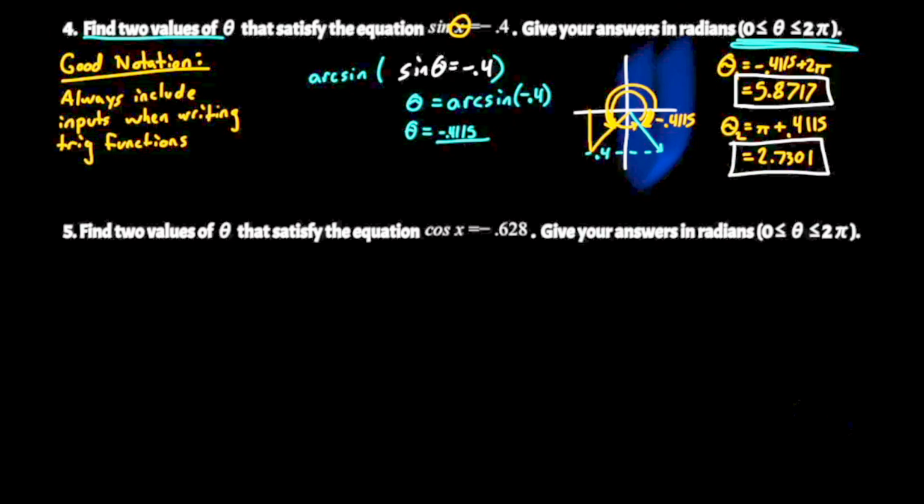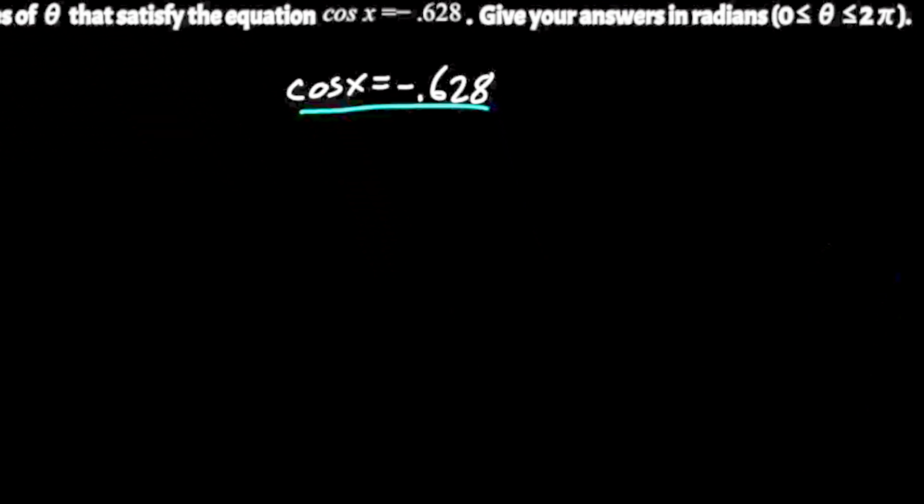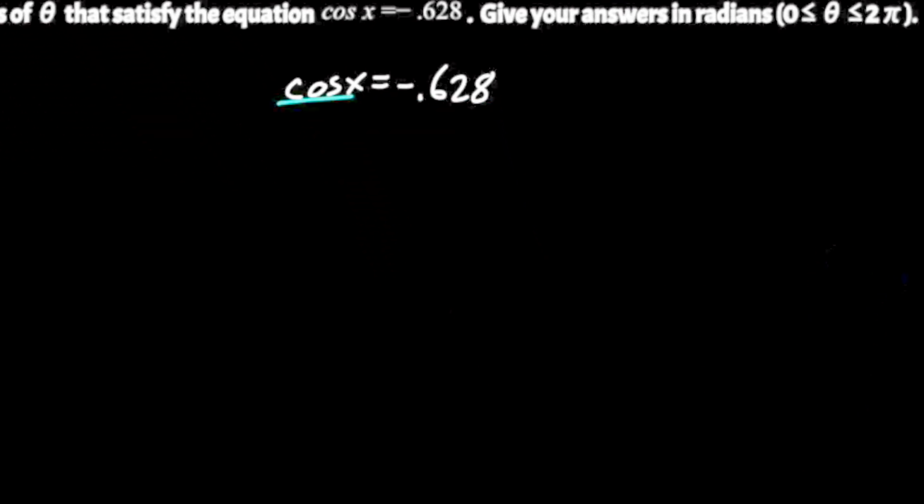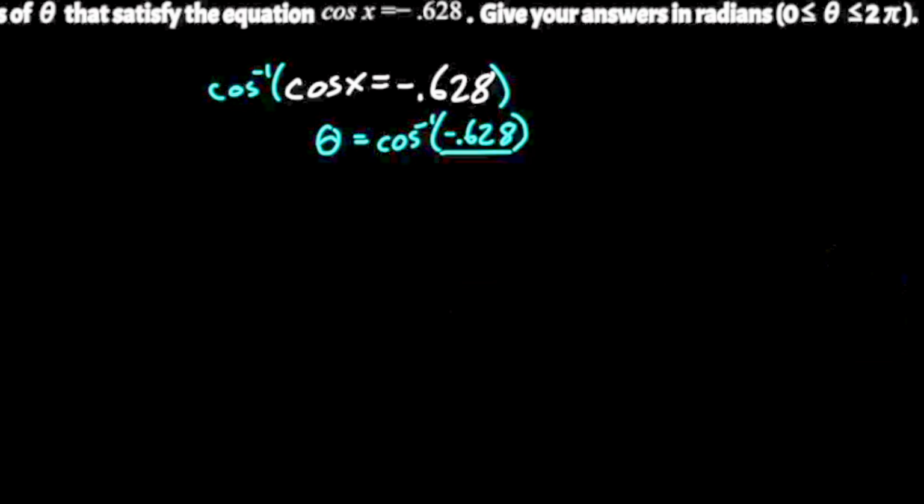And now that we know the general process, this next problem will go a lot faster. So this problem is cosine of x equals negative 0.628. And to get rid of cosine, I'm going to do the inverse cosine function, which I'm actually going to use inverse notation this time, but it means the same thing it did up here. So we'd have x, or actually I'm just going to write theta instead, equals the inverse cosine of negative 0.628. So again, this is just calculator work because I have no idea what that value is on the unit circle. And my calculator gives me